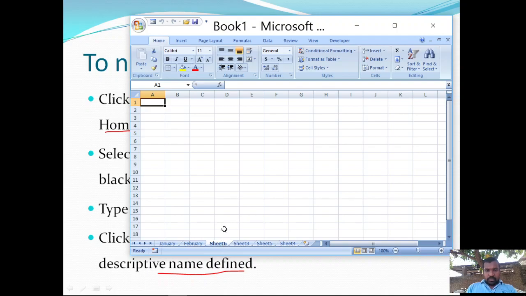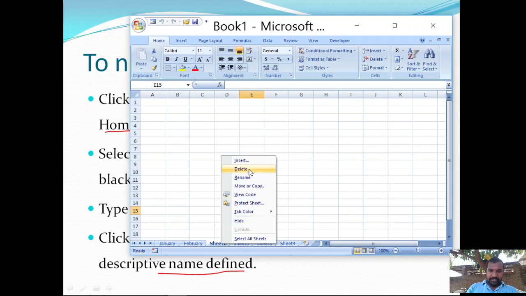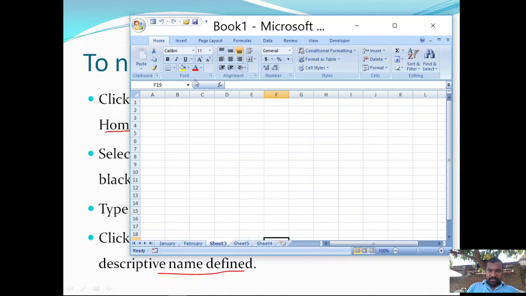Now I want to remove these sheets. That can be done in several ways. The first one is to right click on the sheet and select the command delete, and that particular sheet is erased. Another way is under the Home tab, in the Cells group, we have the delete option, delete sheet. Now we are at Sheet 5. I choose the delete sheet command, so Sheet 5 is removed from the workbook. If I perform it one more time, Sheet 4 is erased.